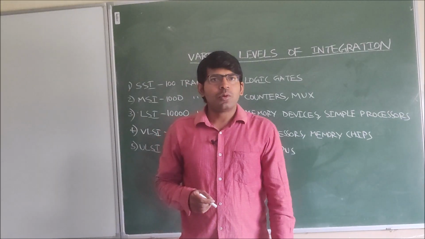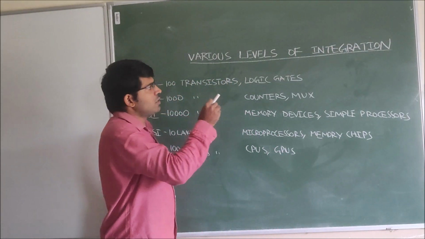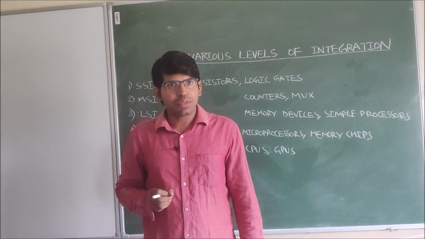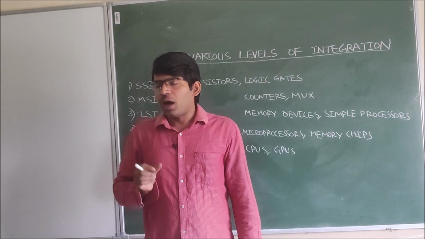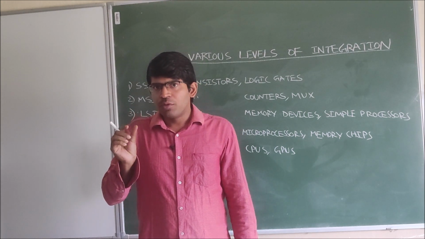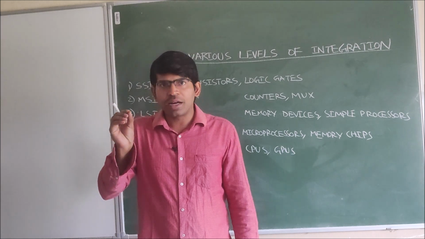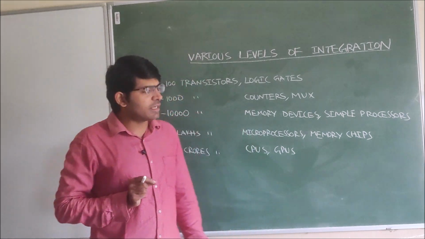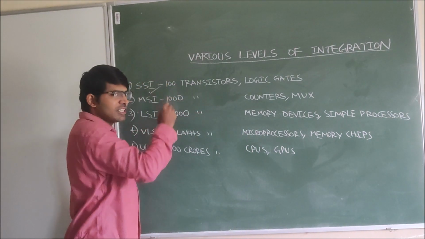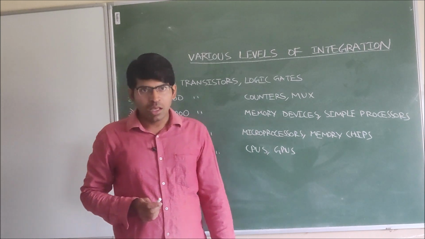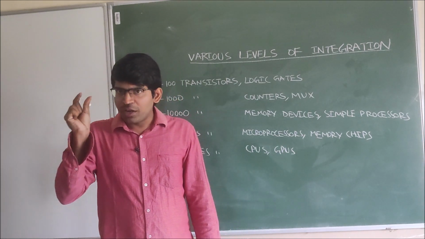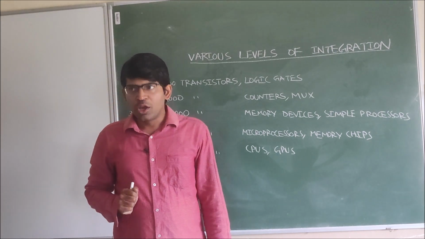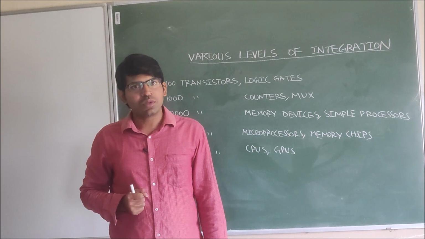Now we are discussing various levels of integration of an integrated circuit. Initially, on a single chip, we were capable of manufacturing 100 transistors. That kind of integration was called small scale integration. On a single chip, we could manufacture up to 100 transistors, where we used these circuits for